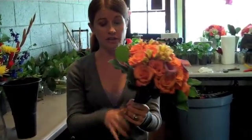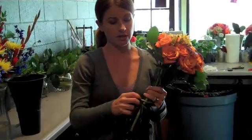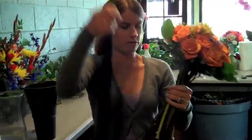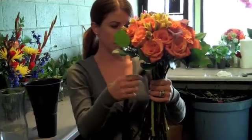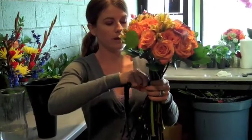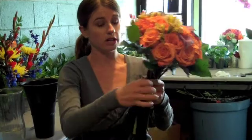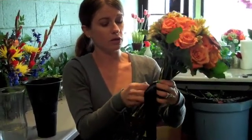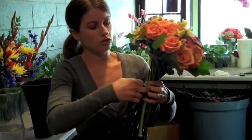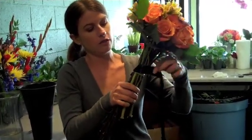Now the final step is to finish it off with a ribbon. So what I do is I use double-faced satin ribbon. It looks the nicest once it's finished. And I cut a strip about 48 to 60 inches long, and I start out and I tuck my first piece underneath the rubber band that I'm working with. Tuck it underneath and make sure it stays straight, because you don't want any creases or folds in the ribbon as you're working with it. So just go ahead and get it in there straight, and then you'll take it and wrap